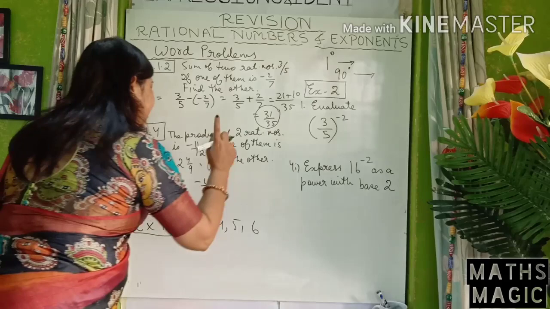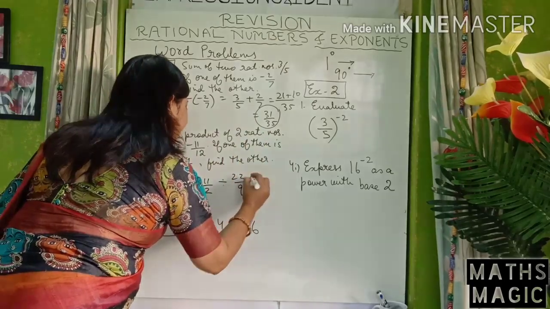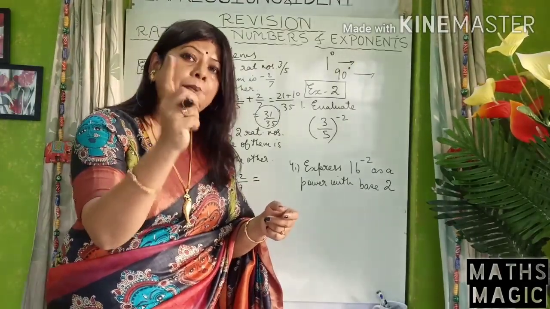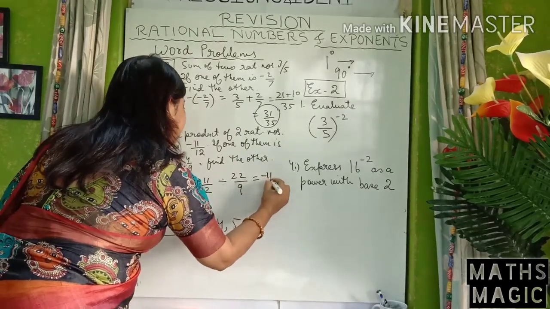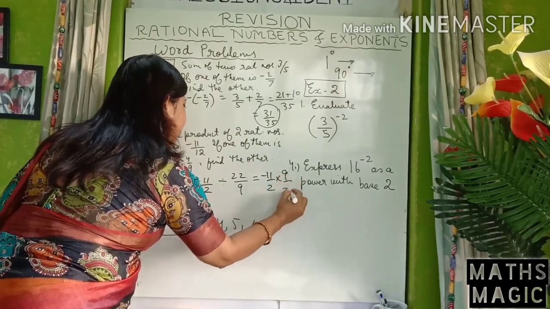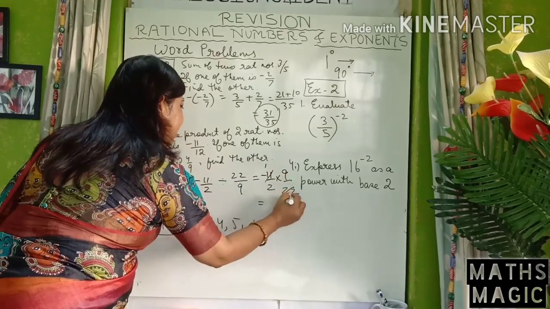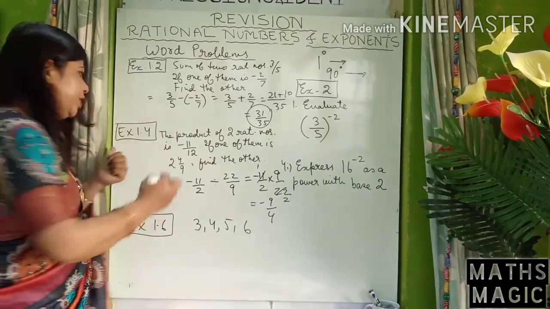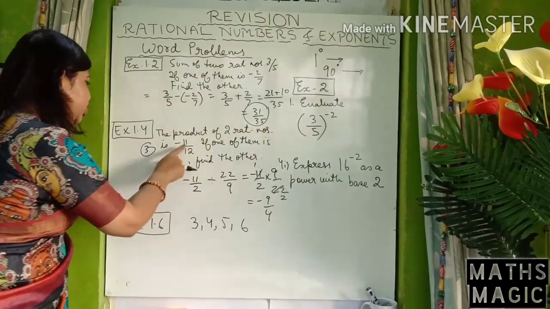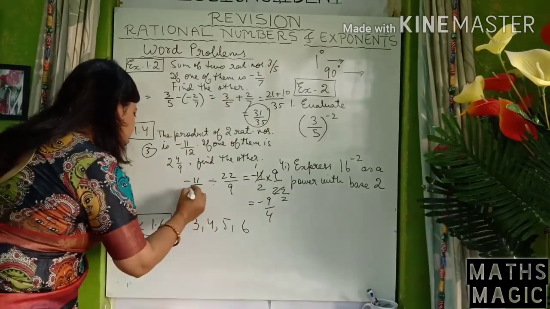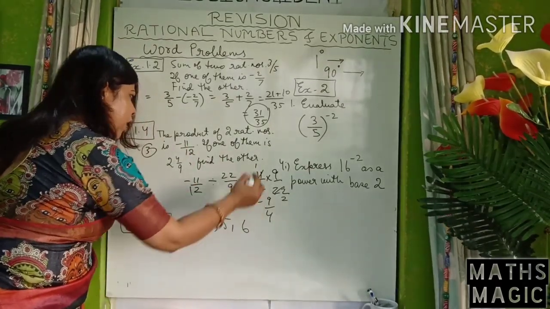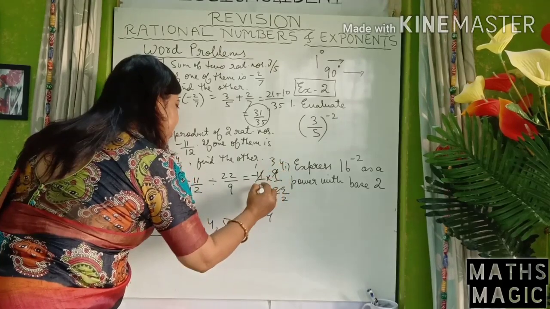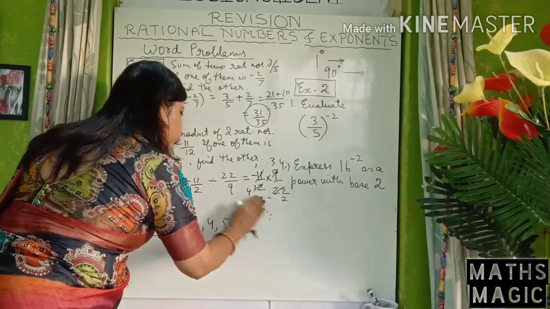So 9 twos are 18, 19, 20, 21, 22 by 9. That is equal to. How to solve this division? By changing it to multiplication. How? By reciprocating. So minus 11 by 2 into 9 by 22. Followed? 11 ones are 11, twos are. Students, here in question number 3, this is exercise 1.4, question 3, the product of two rational numbers was minus 11 by 12. Followed, this will be 12. So 12 over here. So 11 ones are 11, twos are 12 and 9. 12 and 9 will go by 3. So 3 threes are 9, 3 fours are 12. Followed. So your answer will be